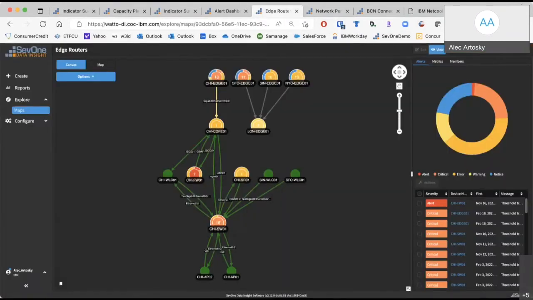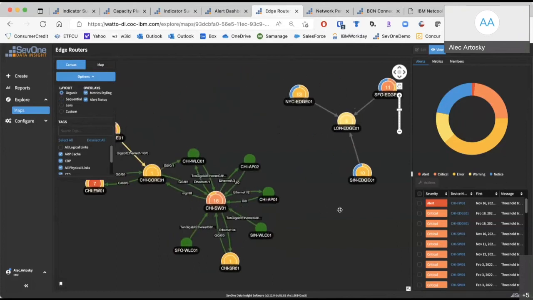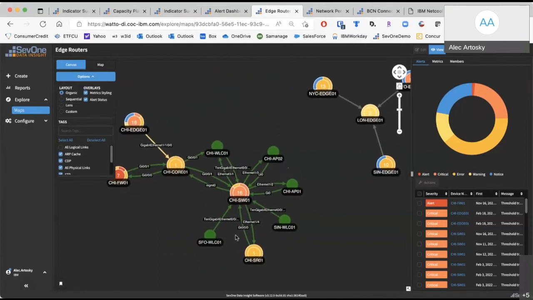There we go. Excellent. So this is the live maps functionality that exists in SevOne, as I mentioned in the previous release. What we're able to do is select a focal device and see how everything is interconnected inside that. So you can see that I've selected this switch here, the Chicago switch. And what I've asked it to do is to overlay all of the connections that exist between this device. So if I wanted to just organically overlay this, you can see that these devices are all directly interconnected to the switch, but we are looking at an actual map of all of our edge routers.